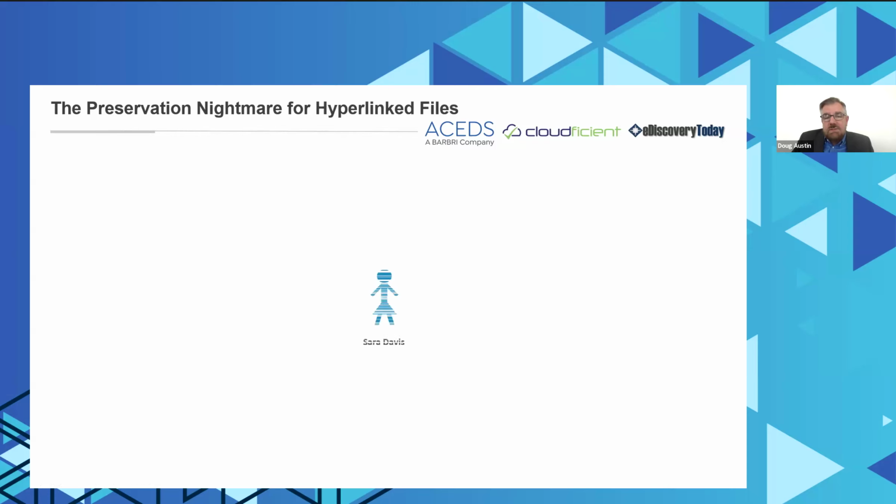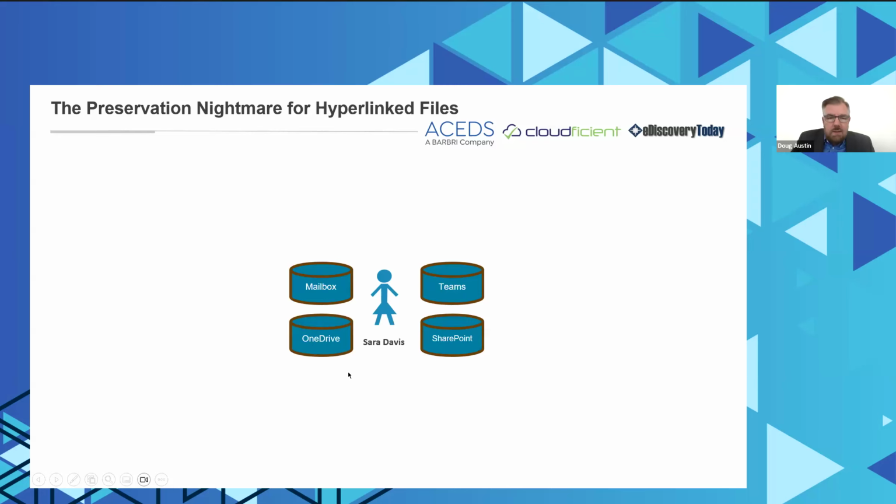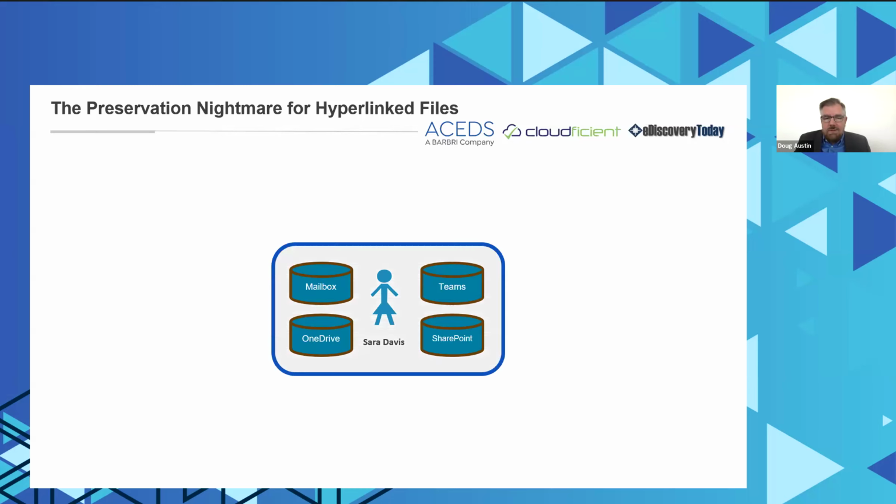So let's say Sarah Davis is an M365 user at an organization, which happens to be the name of the sample custodian they use in their documentation, so I'll use it. Of course, she has email, and she has files in her OneDrive, Teams, and SharePoint. So a case comes up and she's a custodian. That's going to be part of the case. M365 provides a nice capability to select a custodian, add them to the case, include their mail, their Teams, their OneDrives, or SharePoint, and basically you add them to the case, and that's putting them on hold.